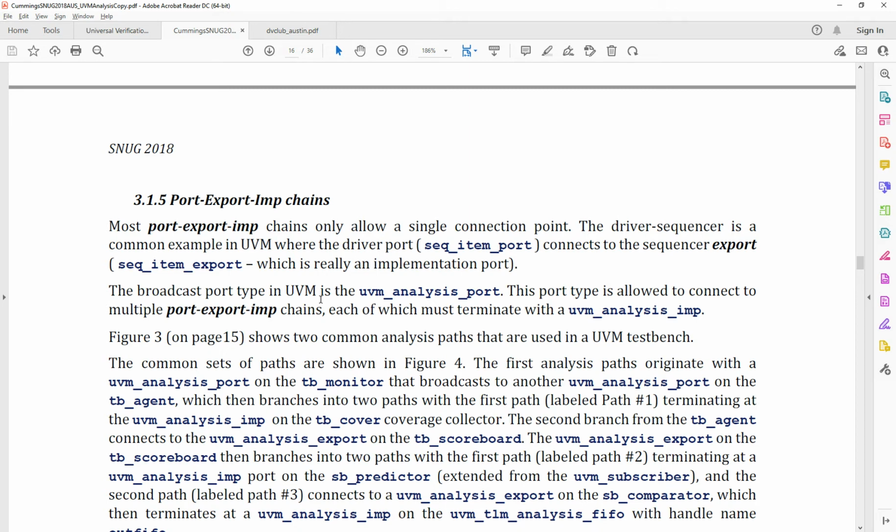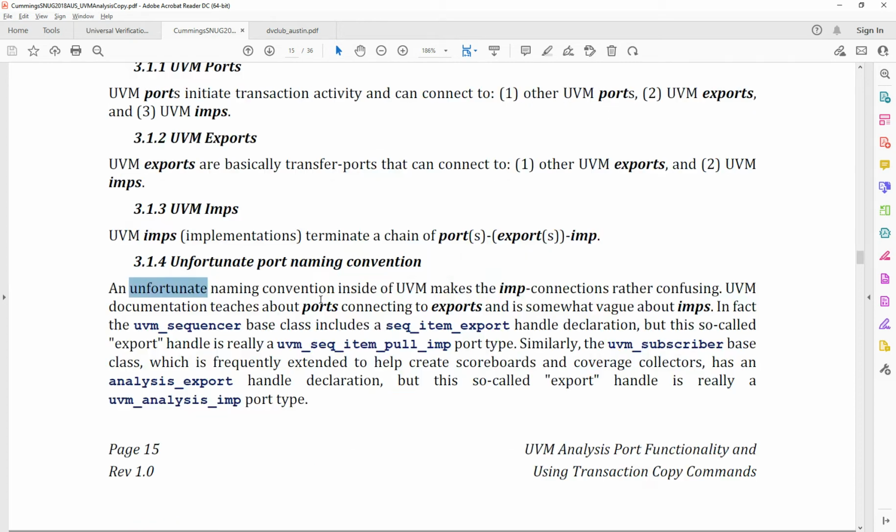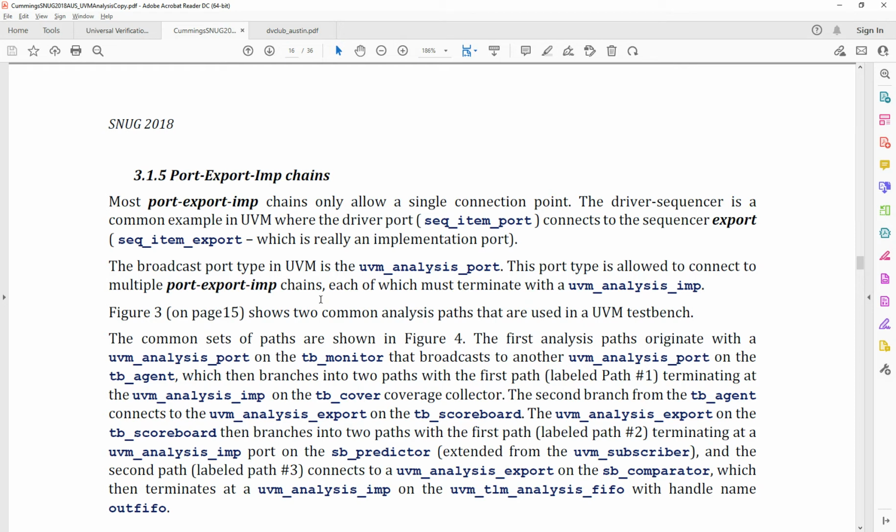Figure 3 on page 15 shows two common analysis paths that are used in a UVM test bench. Figure 3: common analysis port connections, recommended connections. The first analysis path originates with the uvm_analysis_port on the tv_monitor, that broadcasts to another uvm_analysis_port